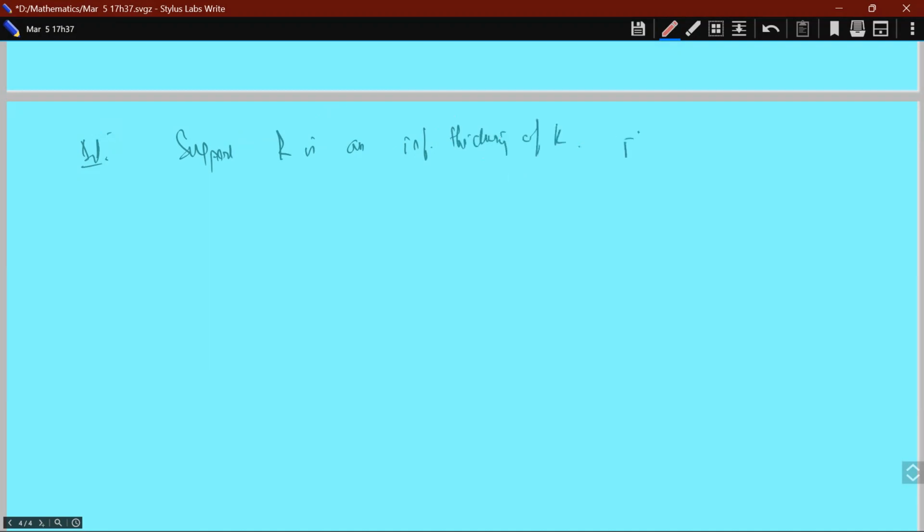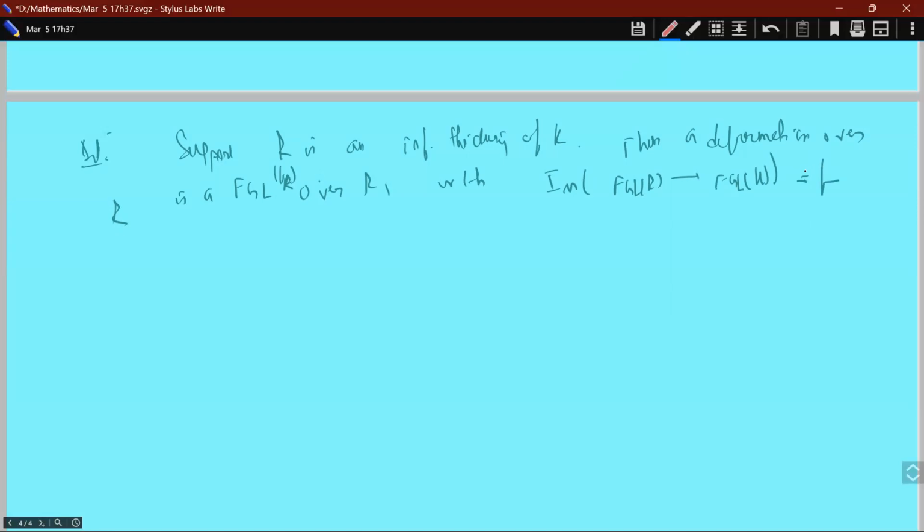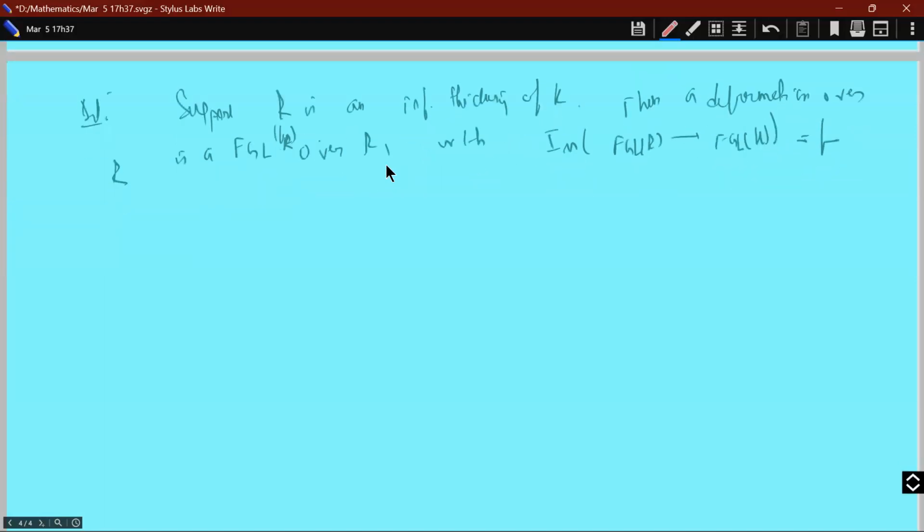Then a deformation over R is a formal group F sub R over R whose image under this map, the formal group over K, is translated into F. So deformations over R are said to be isomorphic if they differ by